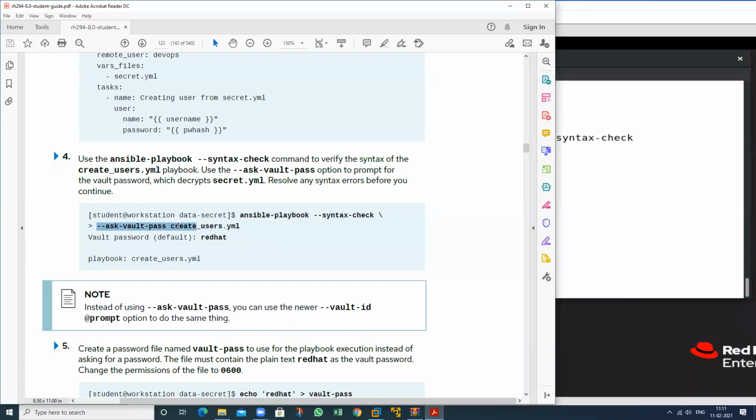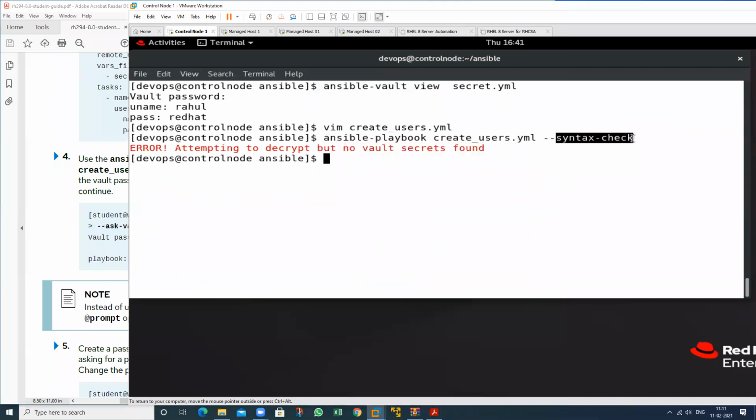So it will ask for the password for which particular file? secret.yml, and I have placed that password. Then we are able to see it, which means we can perform the syntax check also. Anyone can't do a syntax check or run this file if that user does not have the Ansible Vault password.